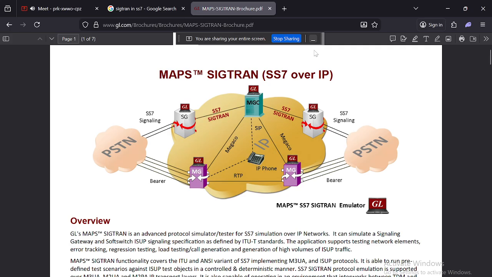So, SIGTRAN is the best protocol that allows traditional SS7 signaling to run over IP networks instead of TDM, time division multiplexing circuits like E1, otherwise T1s, everything.